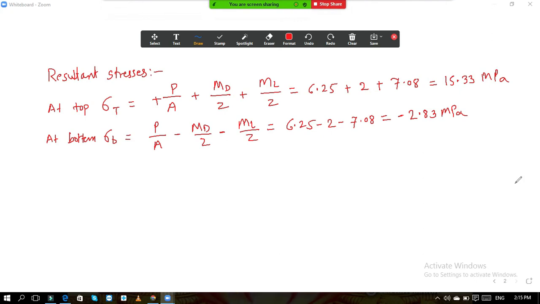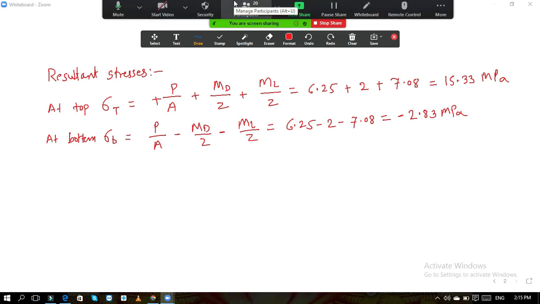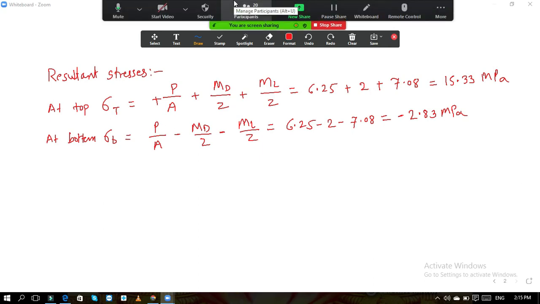Now nobody has asked the doubt, so I assume that everything is clear to you. This is the type of problem which is mainly asked in the examination. They will give you one numerical and they will tell you to solve by all the three methods. This is the only problem in the examination where you come to know that whatever you have solved, it is right or wrong, because by all the three methods you are going to get the same answer.